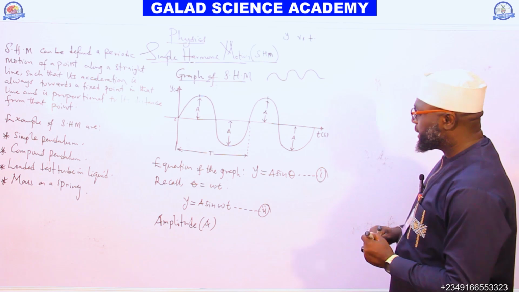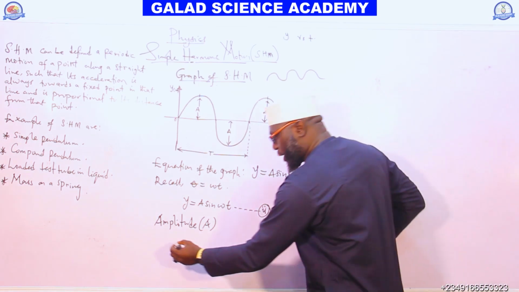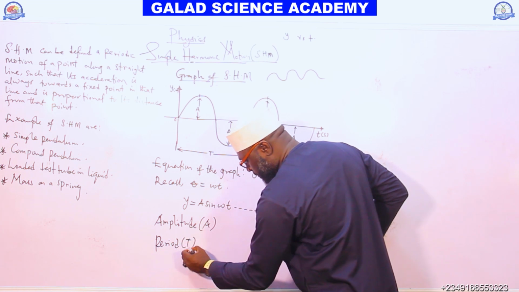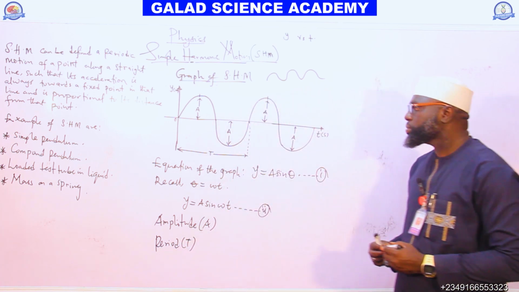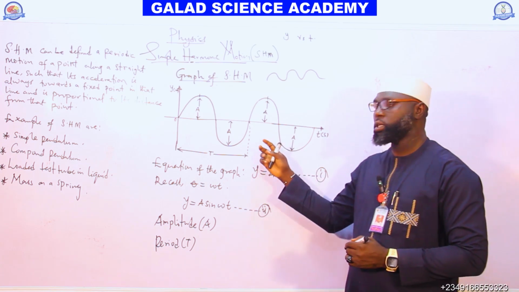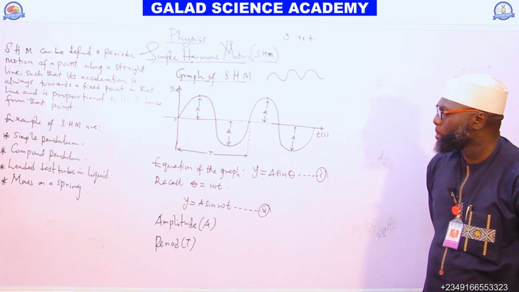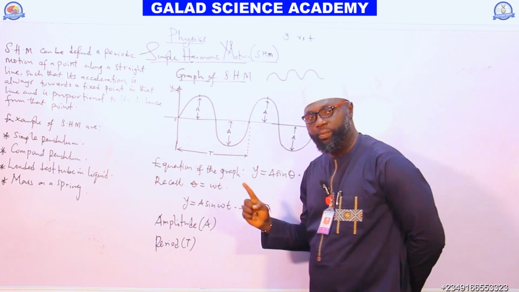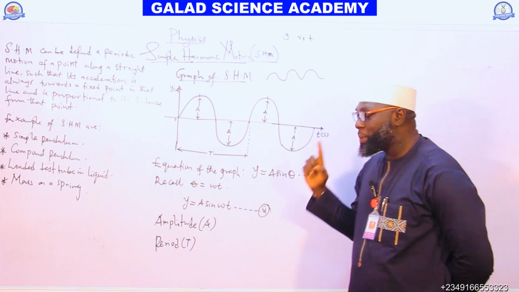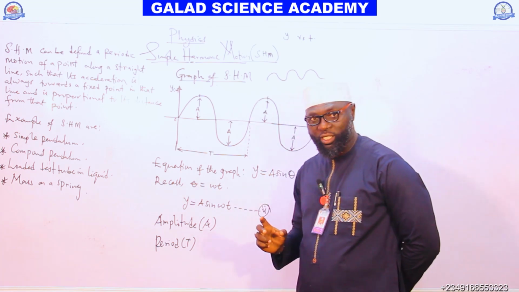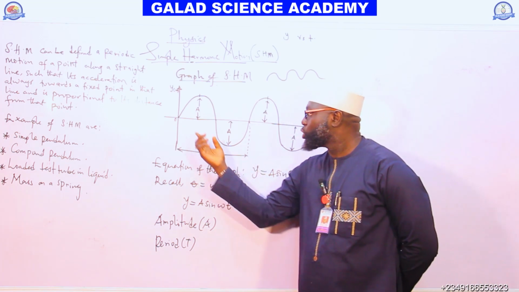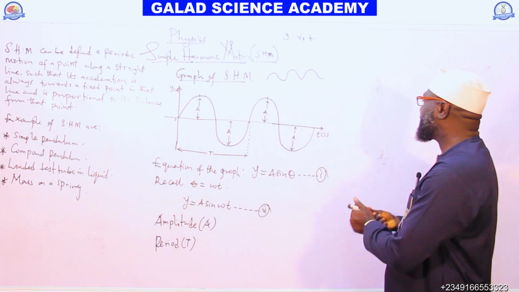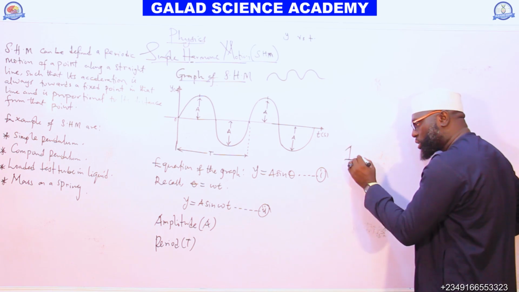The next thing we need now is the period, T. What is the period of a wave? The period is the time taken to complete one oscillation. The time taken to complete one oscillation is called the period. If I say one oscillation, one